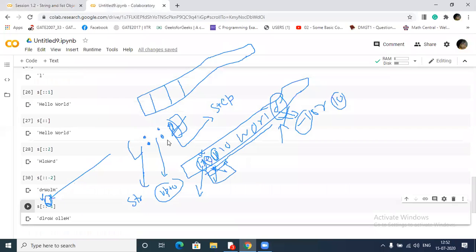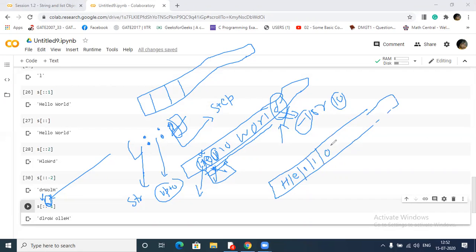One more thing: what is called immutability. Immutability means if you store H, E, L, L, O like that, you cannot modify a single character of your string.